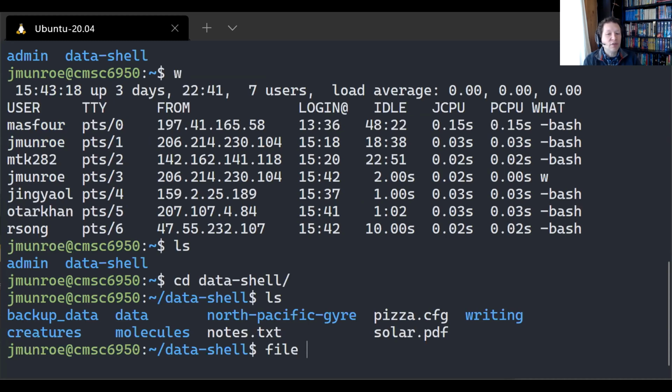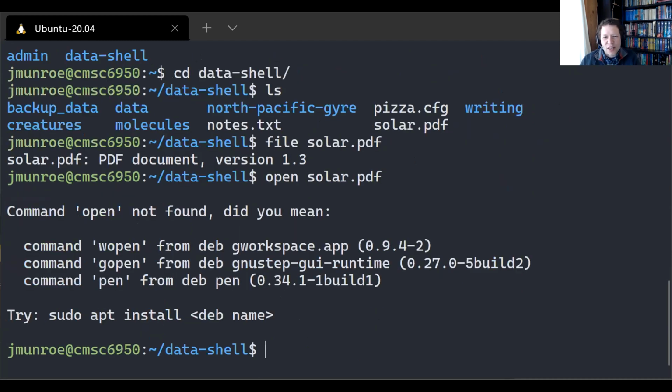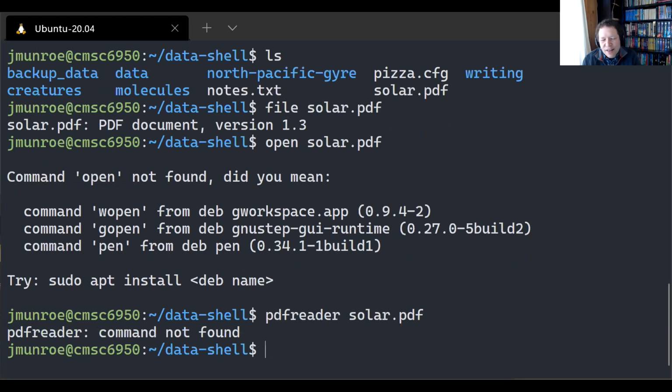I can figure out what kind of file it is by typing file solar.pdf, and it says this is a PDF document. Now, my only connection to this machine is this text interface. There's no way to say open solar.pdf. It goes, I don't know what you mean. PDF reader solar.pdf, it doesn't make sense. What do we do? Well, one way of solving this problem is to get this file from this computer